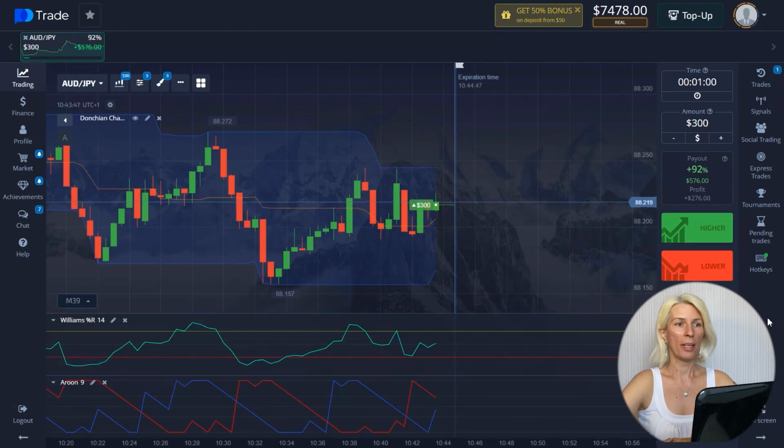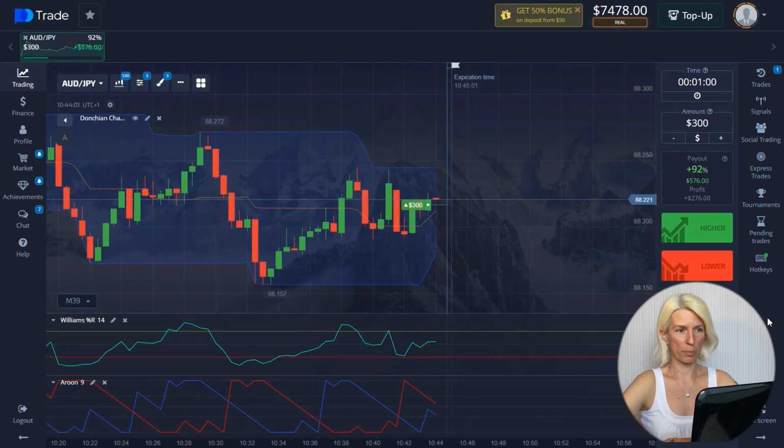As I determined before, the price is moving in a range corridor and its peaks have not been reached yet. But this is the first. Then the Williams indicator, its line moved up, and this gave me a signal about a possible increase in price. And now the Aroon indicator, its lines diverged and the red line was actively declining, and the blue line, on the contrary, was actively growing. Based on this behavior, we conclude that the uptrend is starting to strengthen, but on the other hand, the downtrend cannot be completely overlooked. As a result, if we consider all three signals, then the growth of price is the